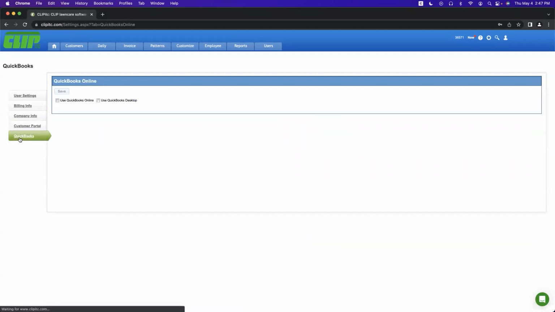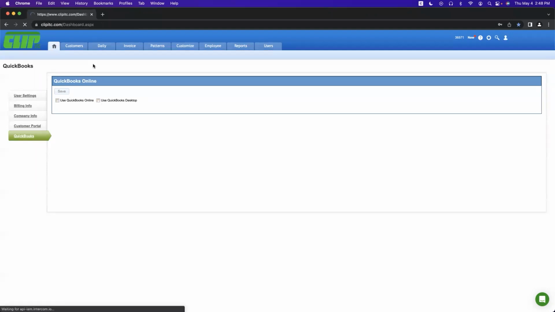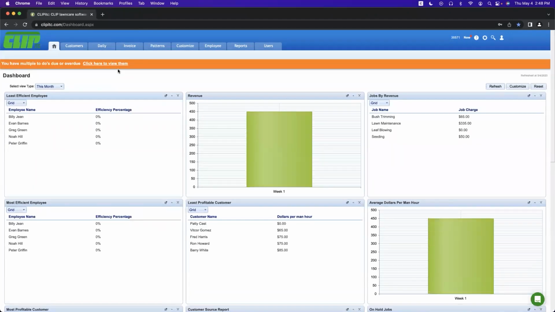Of course, QuickBooks. This is where you can go to integrate, whether it's online or desktop. It'll ask you to download the web connector and sync pretty much both softwares together. But of course, if you need any help or have questions about it, you can reach out to our support team. And that's pretty much it for just a little recap of CLIPitc software